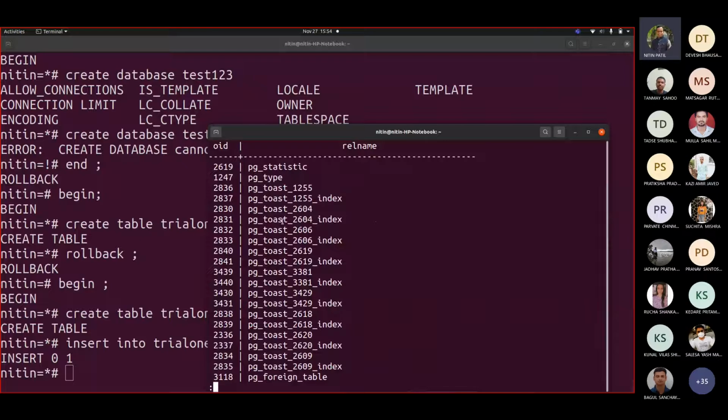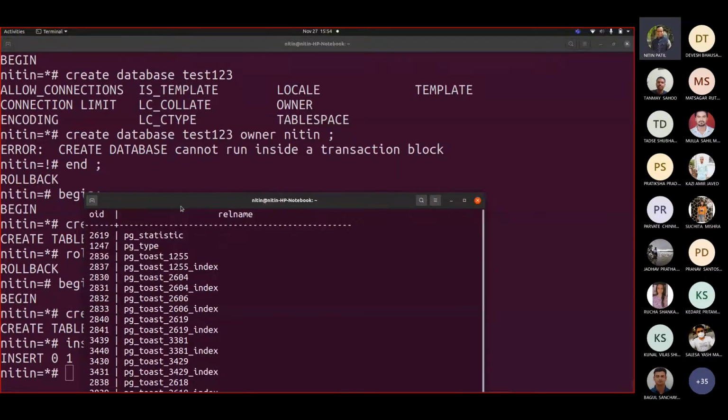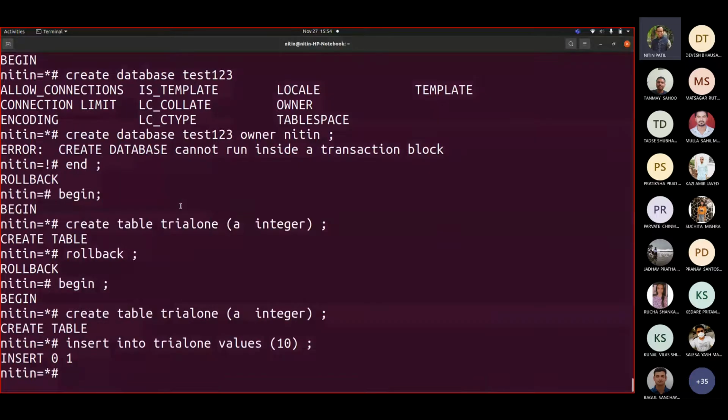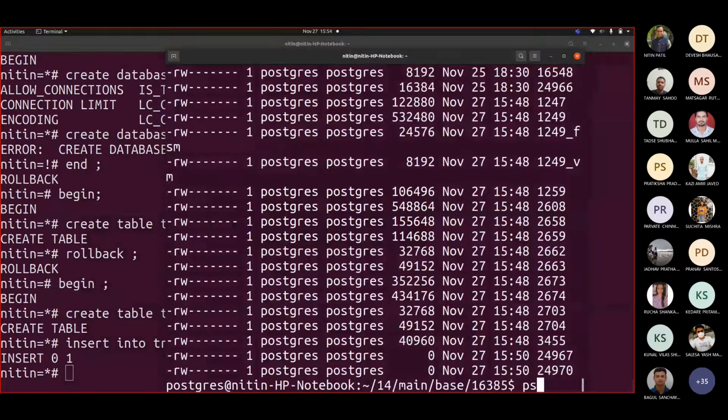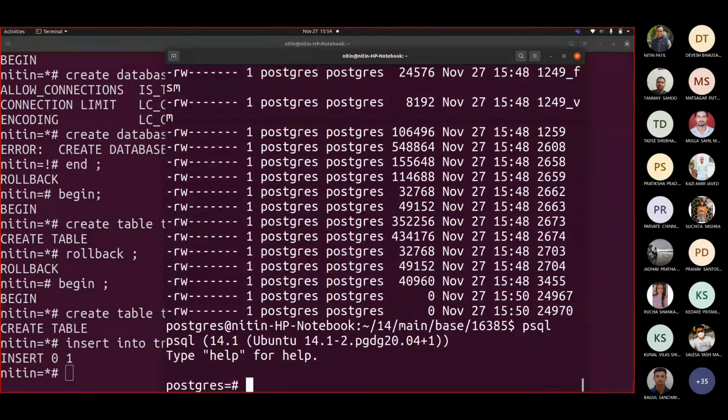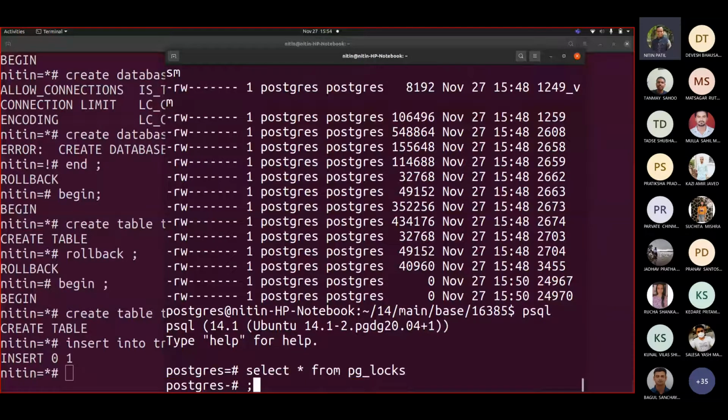See the entries. Okay, to show you on the other side, now one entry would be added here in that record.